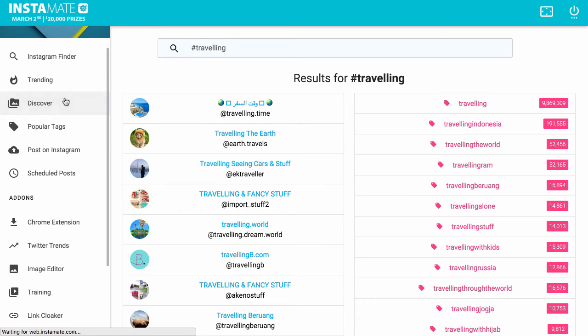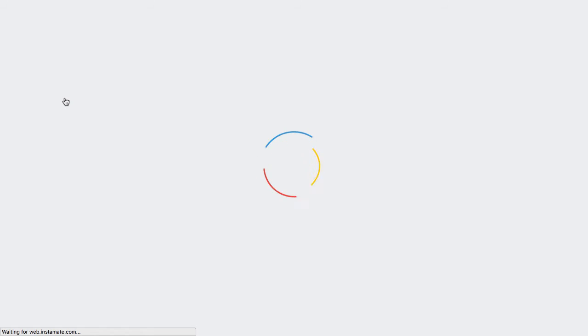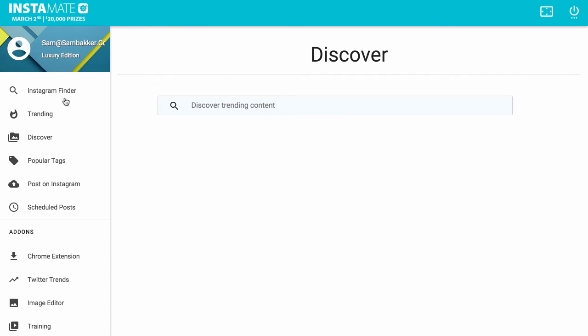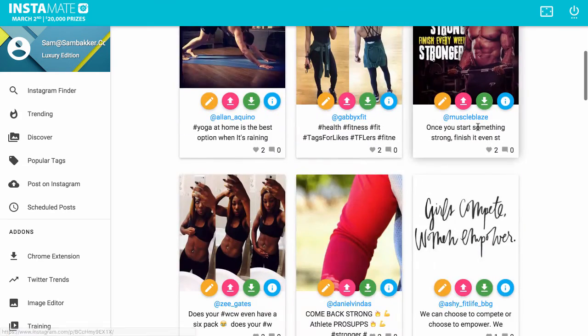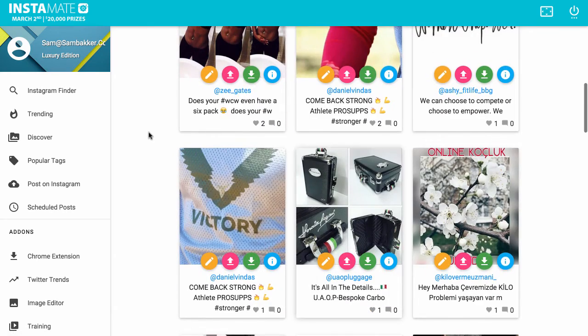Now we've got Discover. Discover is really cool because it shows you different trends that are happening on Instagram right now. Say for example you're a business and you want to catch a trend. You want to find out what is trending. You could search for the trends in your industry. Say for example I'm searching fitness, it's going to find the trending posts, the trending pages for fitness, which is really useful. You can see what's most popular, what people are liking, which hashtags are working,